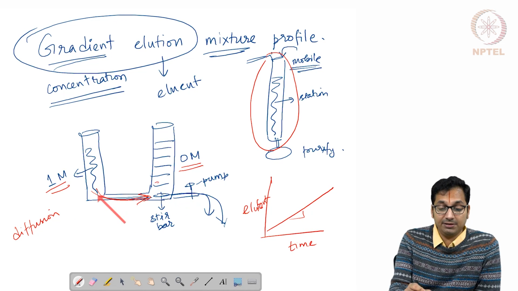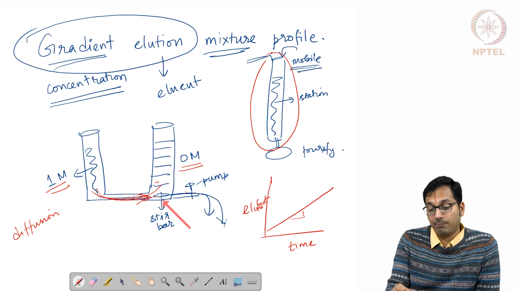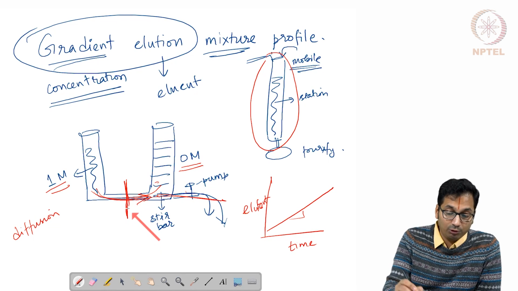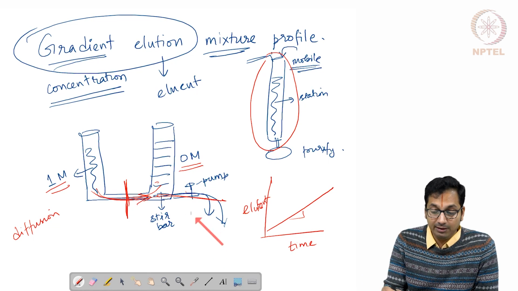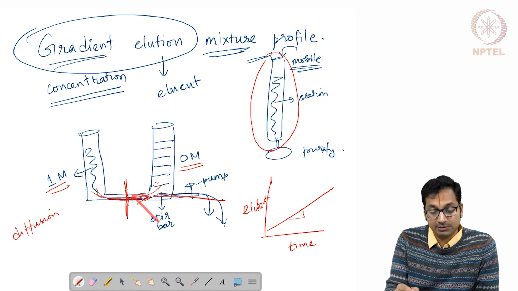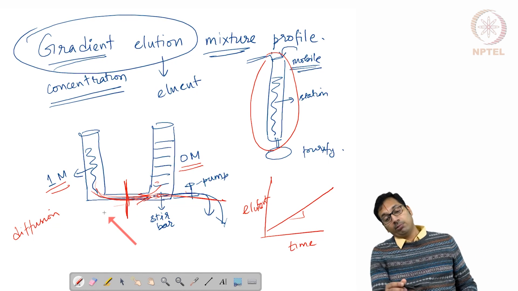If there is a concentration gradient, it will start going inside. That's why you have a pump here, meaning that the pump keeps on sucking solution from this. Of course, to start with, this will be closed to the barrier and only opened when the elution is required. When the pump is removing solution from here, solution will only move from here, and the reverse process will be less probable.